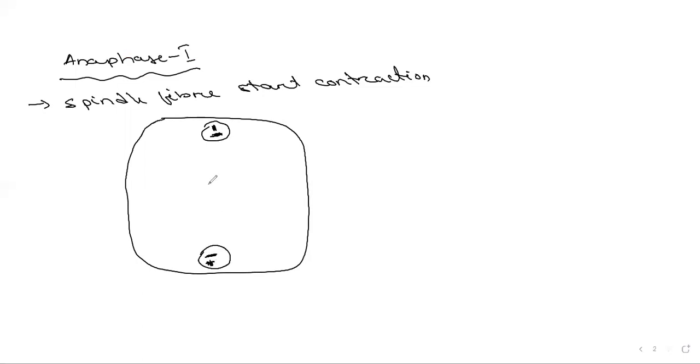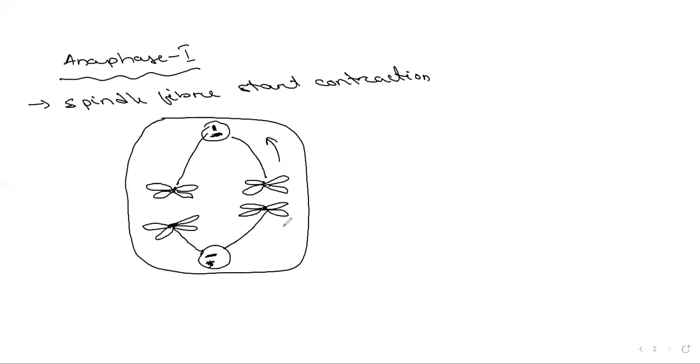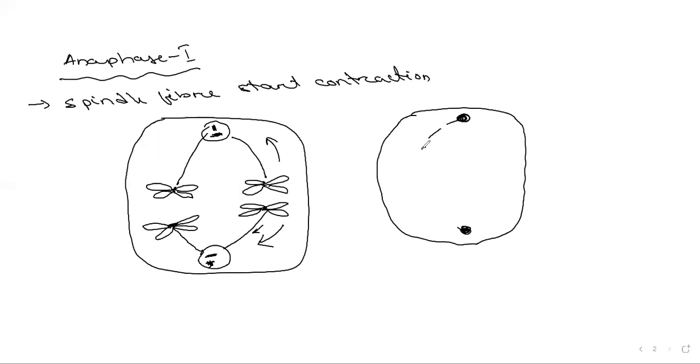And this is your centriole, and here there will be presence of chromosomes, and these are homologous chromosomes, and there will be movement of each of these homologous chromosomes. This will move towards this, and this will pull towards this, because this spindle fiber is now contracting. And due to that, they will appear just like this. Suppose these are the centrosomes, and here the chromosomes will appear like this.